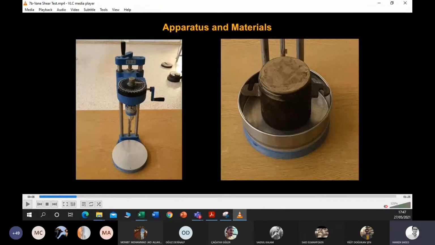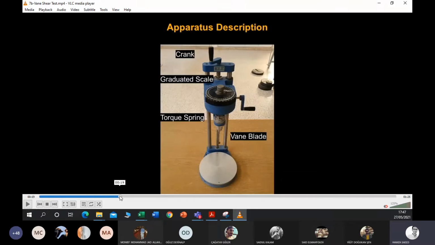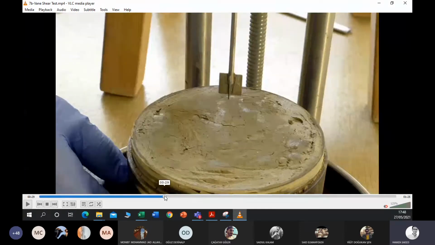It is ideal to go to the site and perform the core cutter test and see what the undrained shear strength parameter of the obtained soil is. Now, another important point over here is that, as you can see, there are some blades.